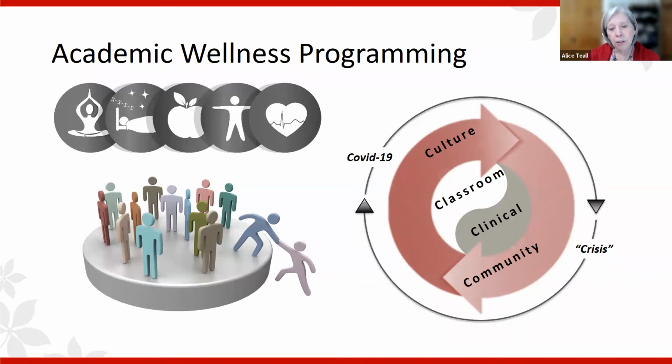And then we do that in the context of culture and community. Of course, this year we had to add a 5th C, which was COVID. But the truth is, usually, and unfortunately, there's often an additional crisis. I mean, we hope not as large as a pandemic,